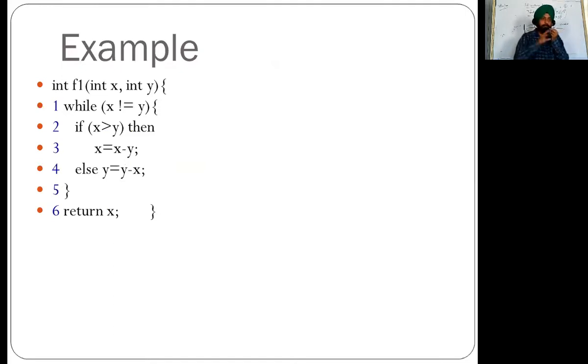So we will put the inputs and generate the test cases. Then we will check that all the statements are running.